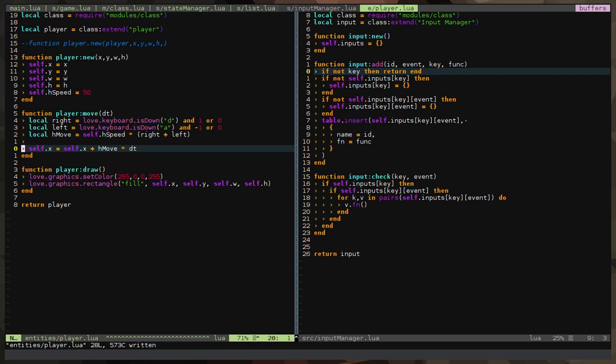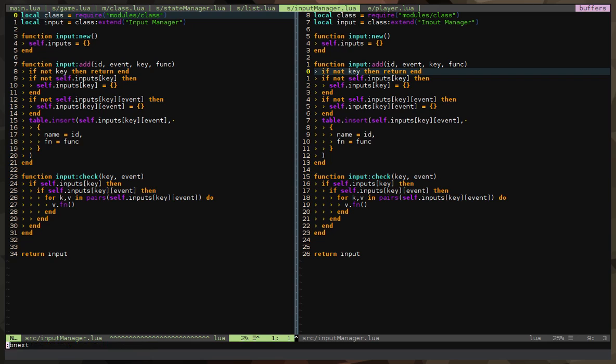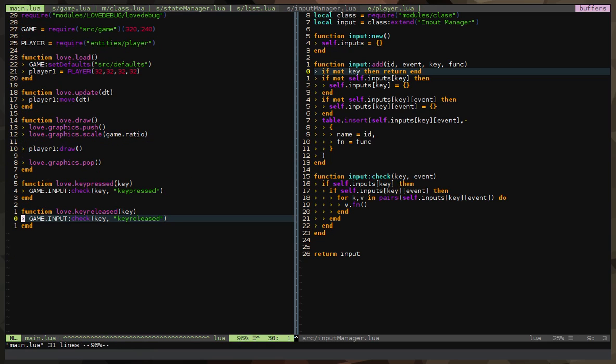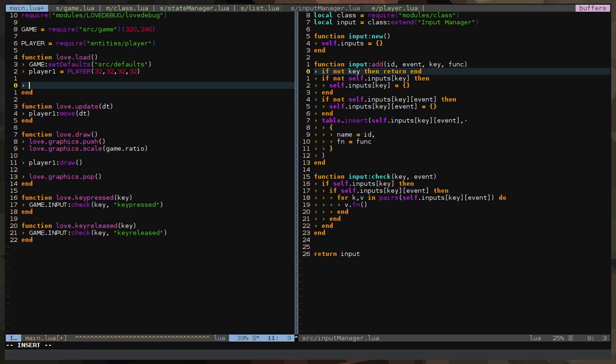Okay, no, wait, actually let's fix that in the next video, because I'm trying to make every video short and specific for each topic. So let's just try this input manager to see if it works, and then in the next video we're going to fix the player entity.